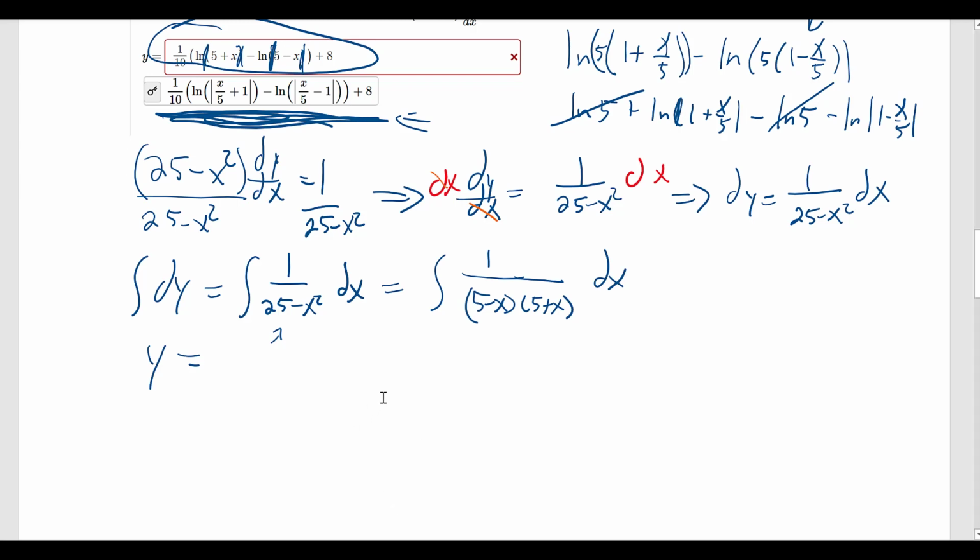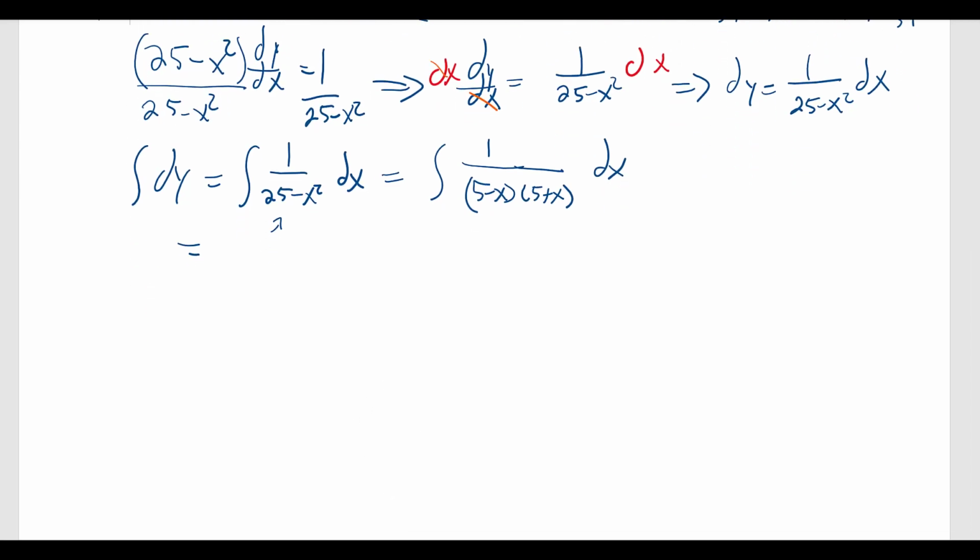So here's your little mini crash course of partial fractions. So I'm just going to start here. And we're looking at this 1 over 5 minus x times 5 plus x equals, and the way you do a partial fraction, so these are both linear fractions, you would do A over one of them, 5 minus x, plus B over the other one, 5 plus x. And you're trying to find out what A and B would be. And so one way to do this one, the way I would do this, because it's a pretty simple one,